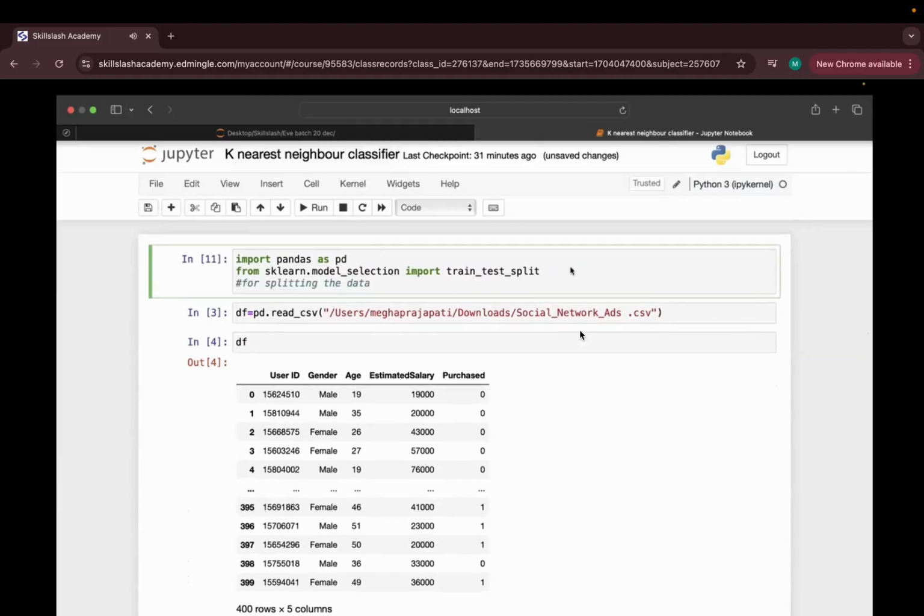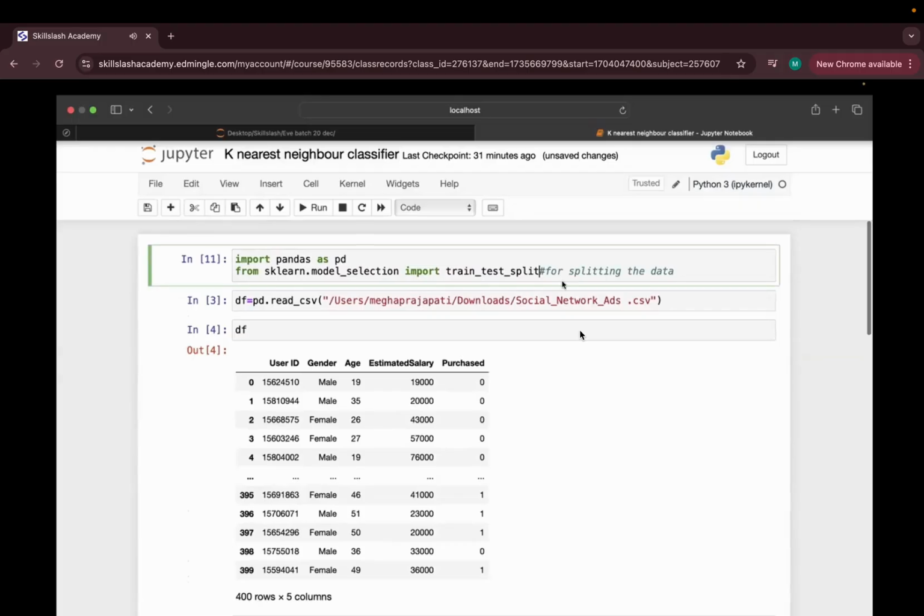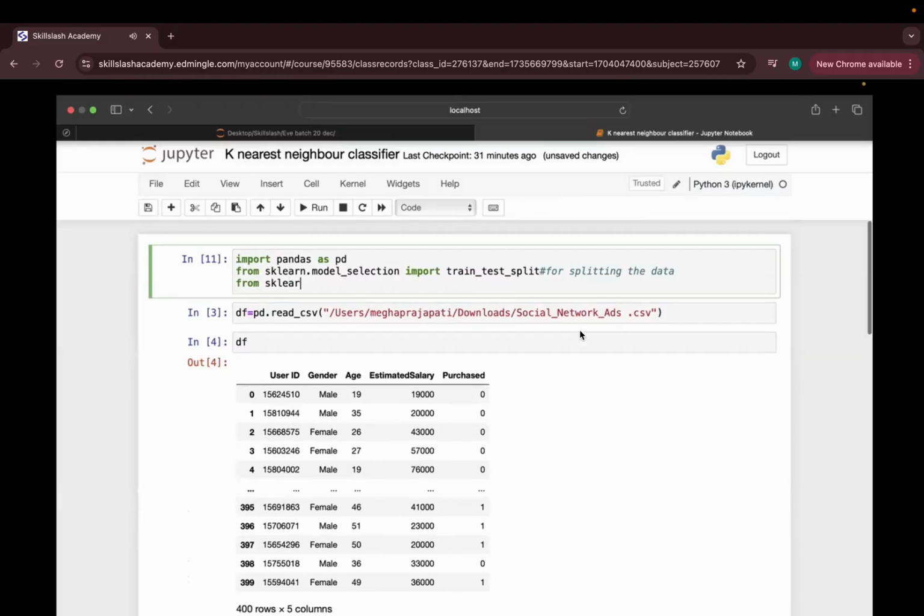Let's say again from sklearn dot neighbors. And this is the line which is what I told you. This line is going to remain constant every time we are going to split the data. Okay. Which is going to get changed every time because we are going to change the model. Okay. So from sklearn dot neighbors,